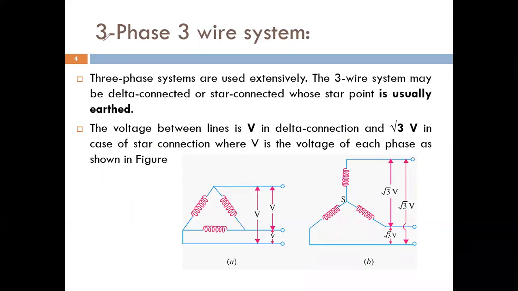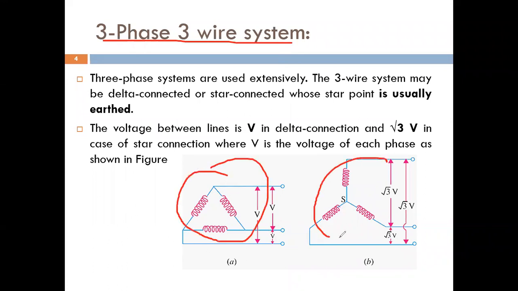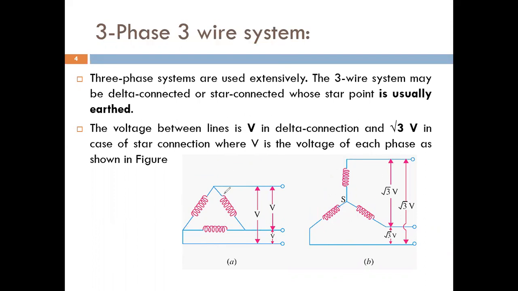This is the three phase four wire system. You can see in the diagram, this is the delta connection and this is the star connection of the system. First we see the delta connection system. In a delta connection system, all three coils are connected in a delta. There is no neutral point, and out of these three terminals R, Y, and B are outside. It is an R line, it is a Y line, and it is a B line.